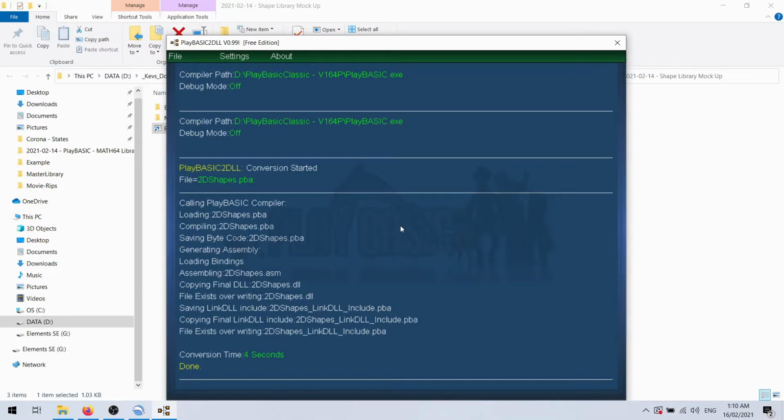It produces a bytecode representation of that. Then PB2DLL loads that bytecode into memory, generates an assembly representation of this thing. Then it calls flat assembler to build the DLL. So there's a bunch of steps going on, and it only took 4 seconds. But it also builds our link file, which is the